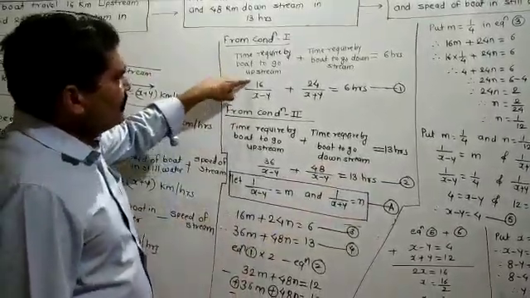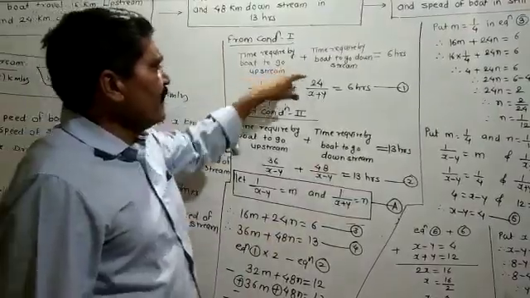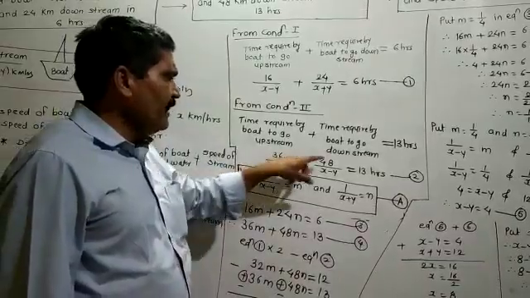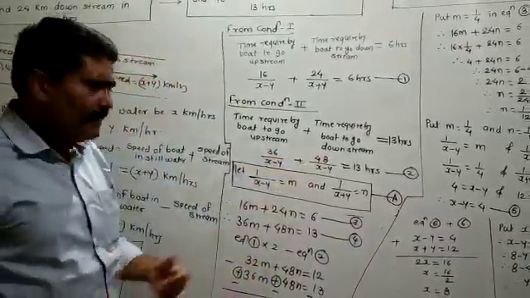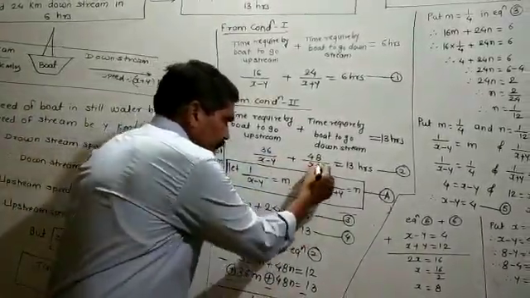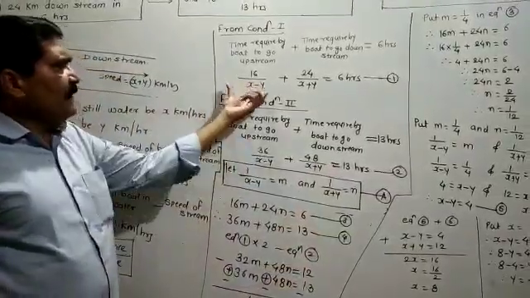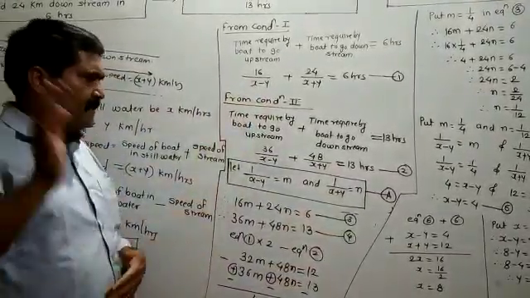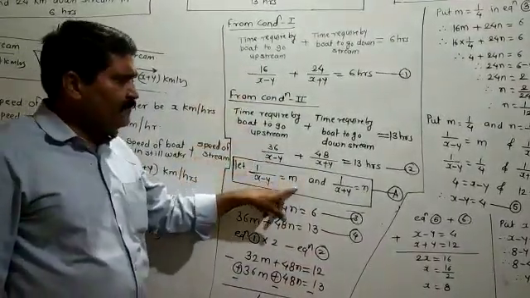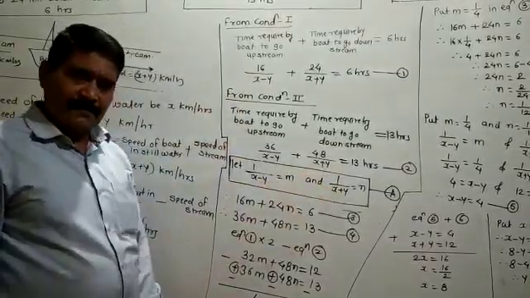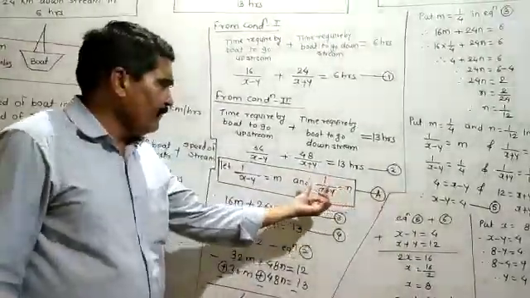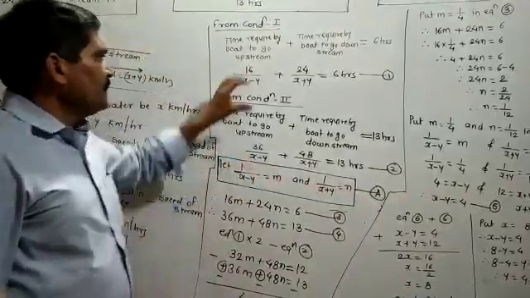Here, if you observe, this one is 16 multiplied by 1 upon x minus y, and 24 multiplied by 1 upon x plus y. Here, 36 multiplied by 1 upon x minus y, and 48 multiplied by 1 upon x plus y. Already we saw one exercise like this, and that time you have to consider other variables. So I will say that 1 upon x minus y is equal to m, and 1 upon x plus y is equal to n. You have to put these in equation 1 and equation 2.